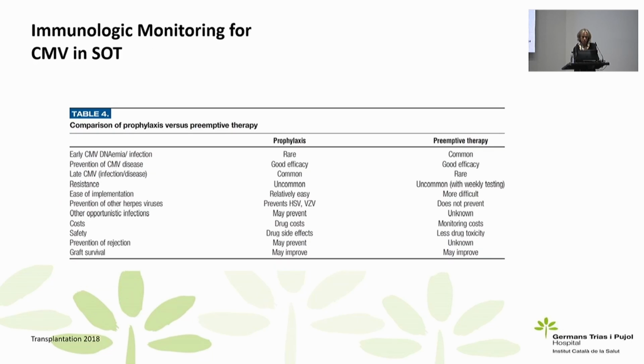Both have cons and pros, but I will say that prophylaxis is easier to use. You give prophylaxis to the patient and just relax. The patient is protected. While if you have a strategy based on preemptive, you need to monitor the patient really closely and detect early the viral replication, because if not, you will have the disease. And toxic and drug adverse effects of the prophylaxis need to be taken into account.